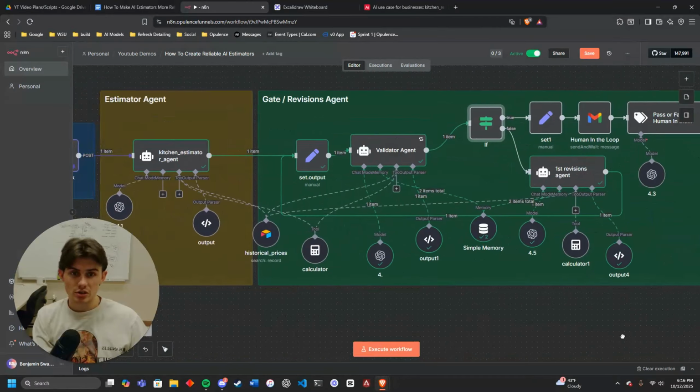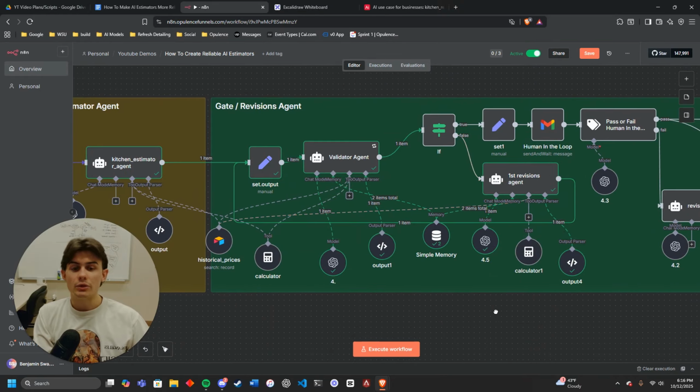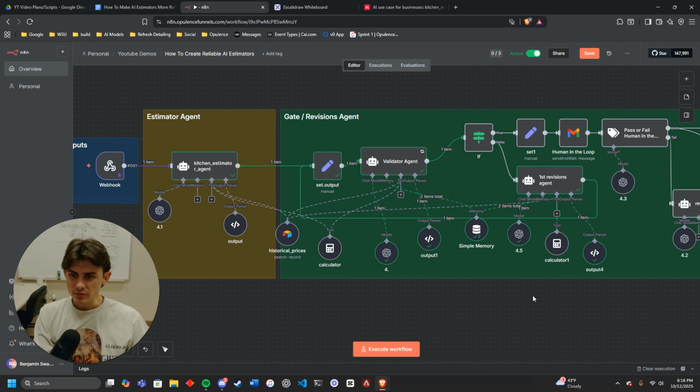First revisions agent, you did well. And then we can actually start to pass this along to our second gate. Now it's important to notice here that this is a really good checkpoint to set up maybe an evaluation. If you're working with a client installing this, or you're installing it in your own business, this is where you would probably want to massage this, and use the validator's output to then go and